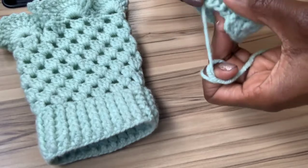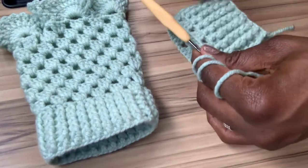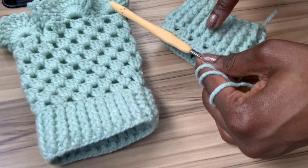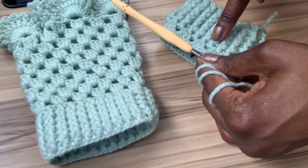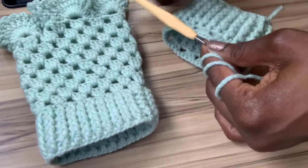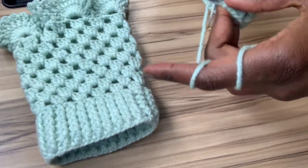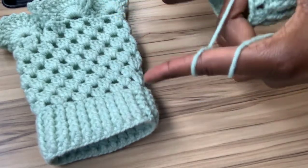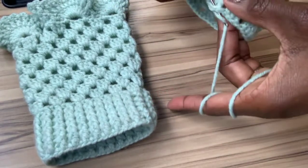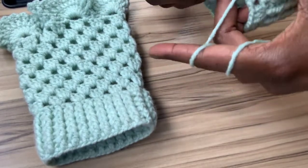Hey, if you have really chained 48 and you make sure your double stitches are 48, when you do this, as you skip 1 row, you do Granny Smith's pattern, skip 1, it will balance out. So just make sure you have done 48. Okay, so now here when we bring this together, we slip stitch through back to that,